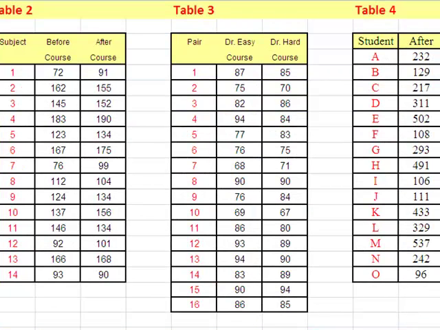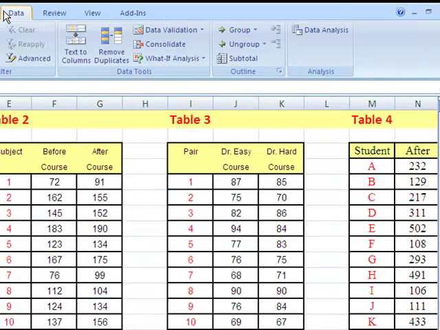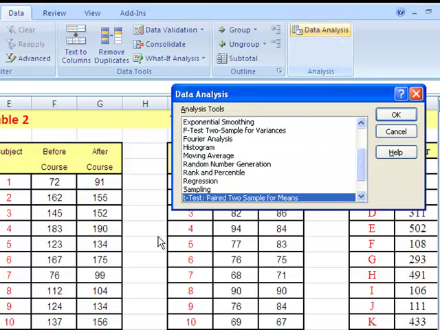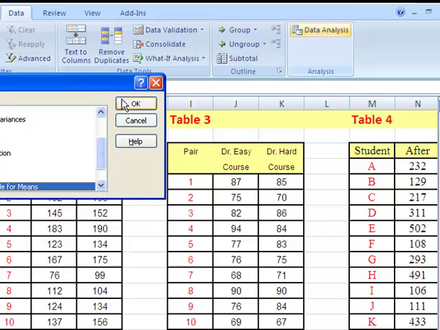So we go to Table 3 and we see the data, and we simply compare the two between Dr. Easy and Dr. Hard's class. Dr. Easy has 16 students and Dr. Hard has 16 students, and we can start comparing the grades. To do that, we go up to Data, Data Analysis, and then t-test: paired two sample for means. I'm going to move this over here out of the way, click OK,